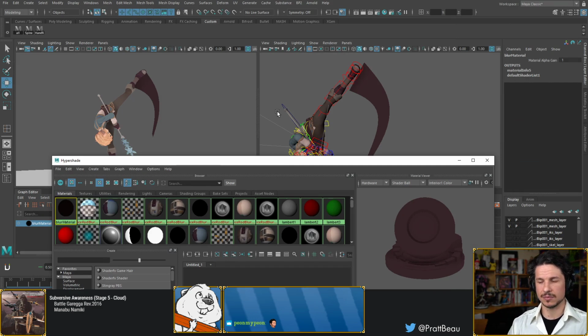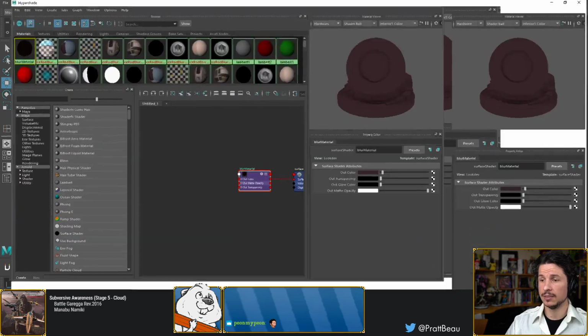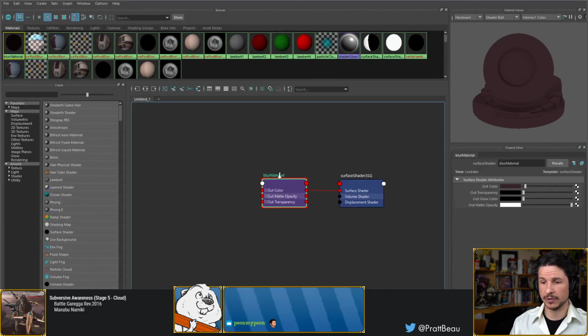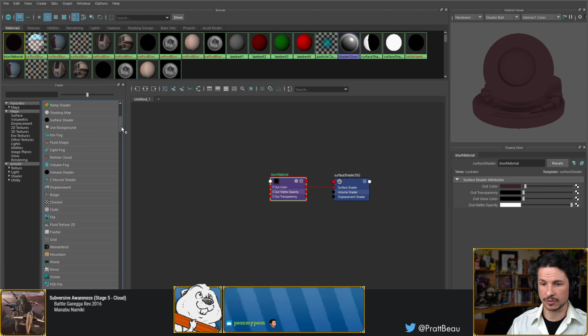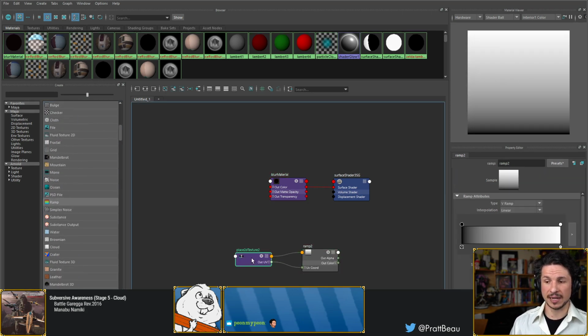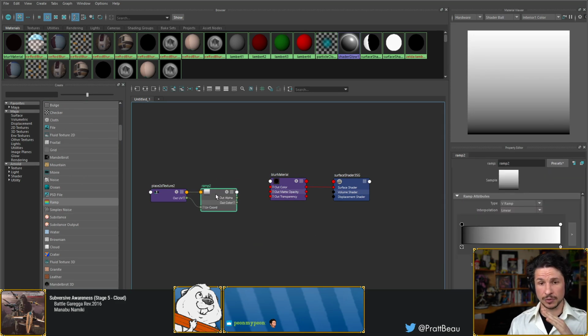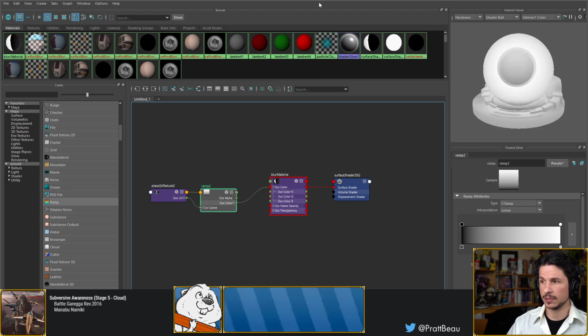It's not super interesting to look at. So what I'm going to do is add different materials to it. So for example, if I wanted to, I could create a ramp. So if we scroll down here, there is a ramp shader. This is not what we want. We just want a straight ramp. A ramp is a gradient. It ramps up from one color to another. So if I took this, I could attach my out color into the color of the blur material, and now